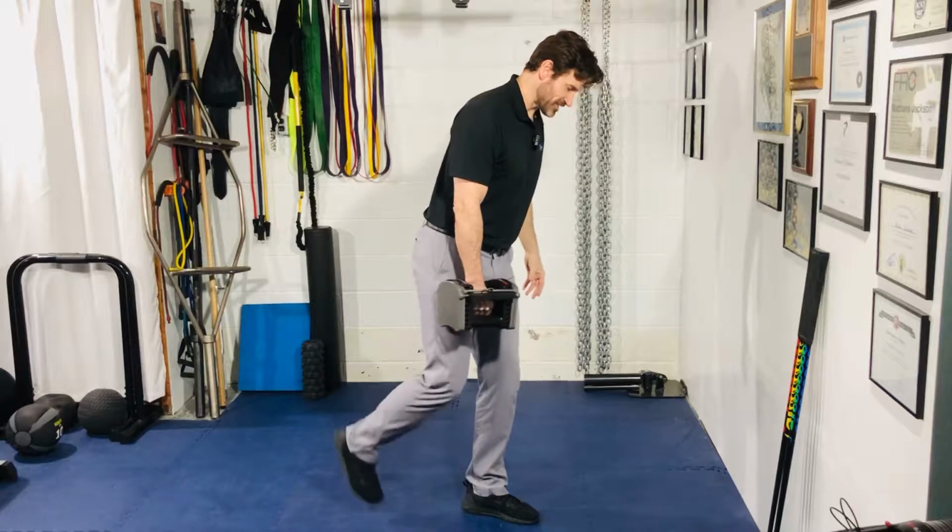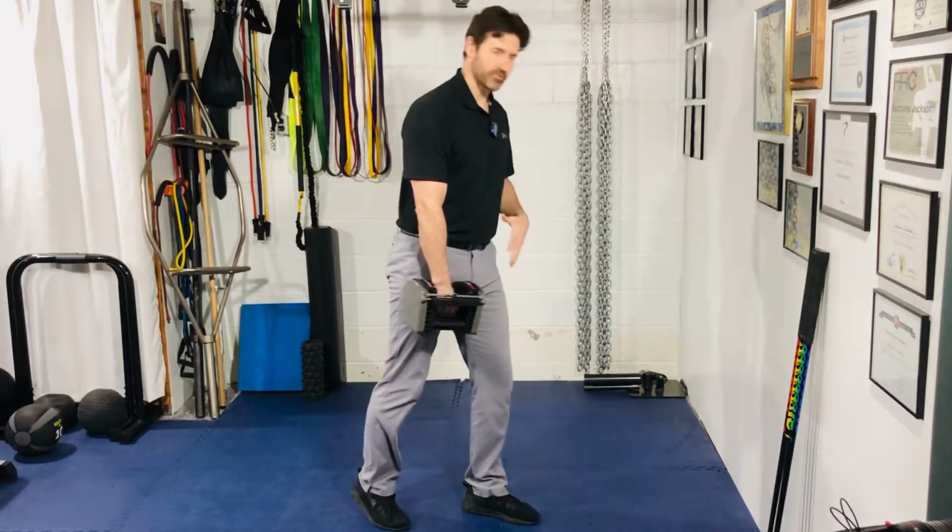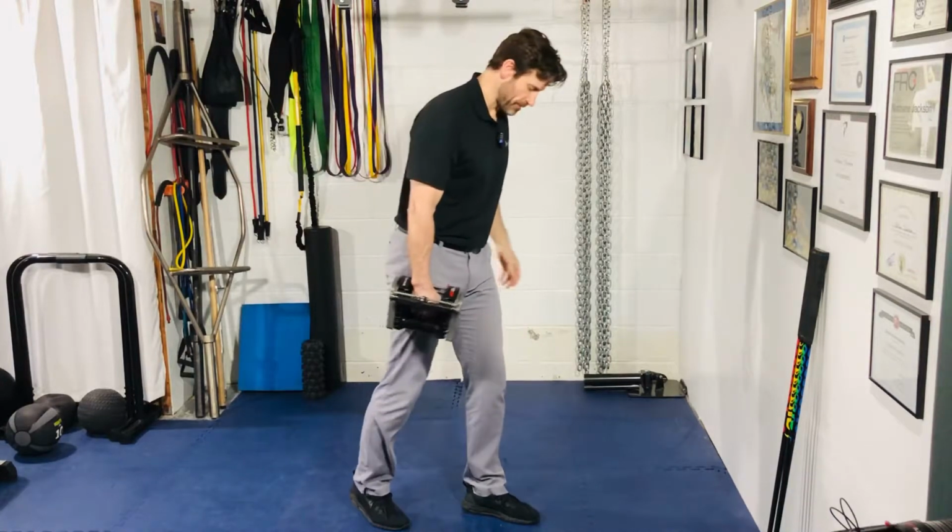This back leg is just a kickstand, so if I asked you to pick it up at any point in time, you should be able to. So 95% of your weight on that front foot. Okay, so from here,